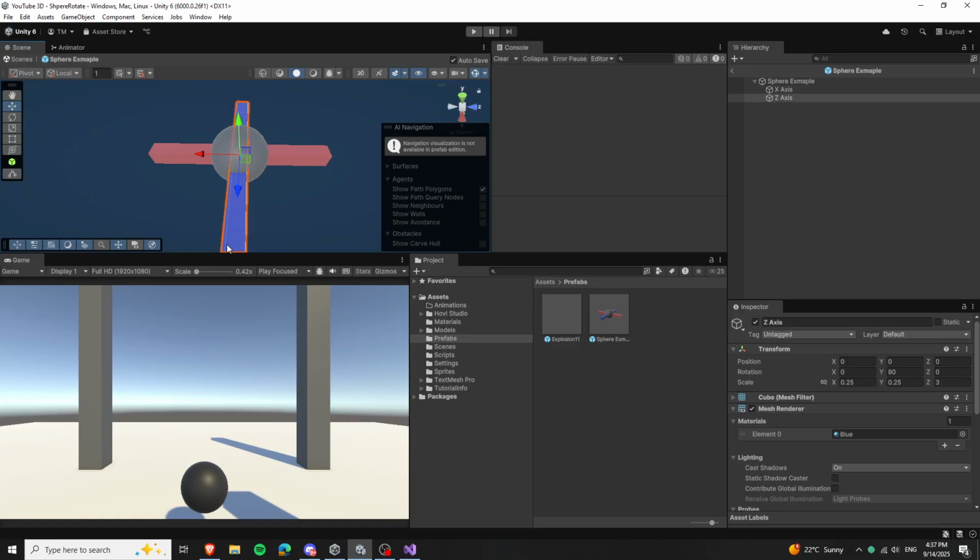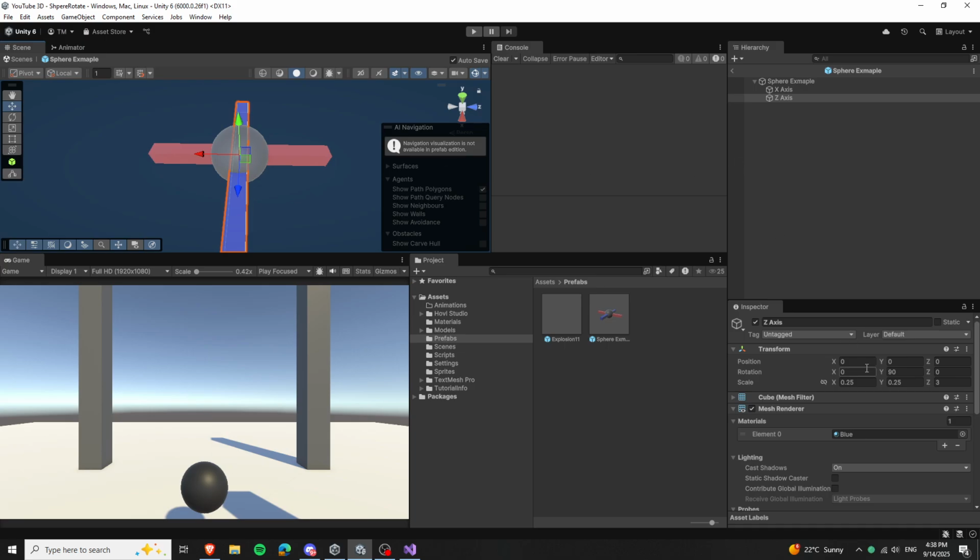So if we get the forward relative to the, you can imagine this as the forward relative to the camera. Okay. If we do this, when we press forward, so the W or backwards, it will move left and right instead because